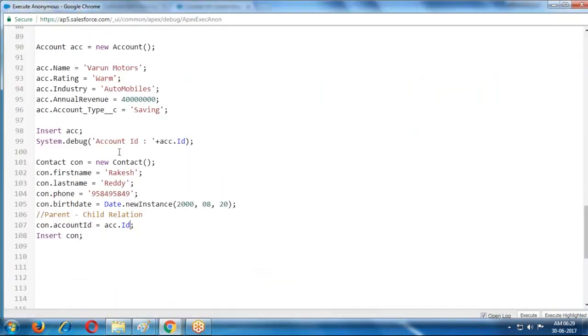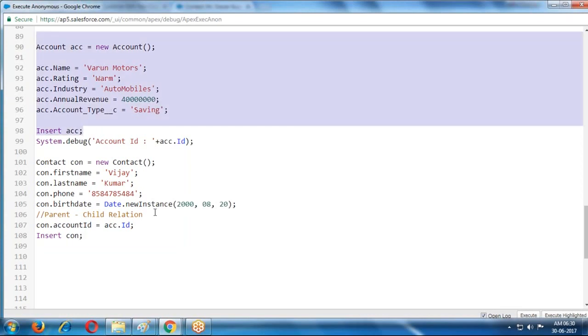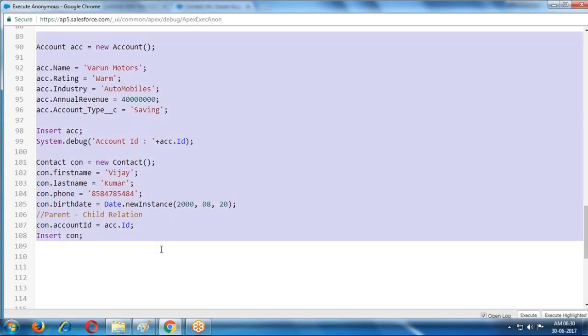Here Varun Motors I am taking. Instead of Rakesh, Vijay Reddy or Vijay Kumar, I am taking some phone number. If I save this record, one account is created, one contact is also created.